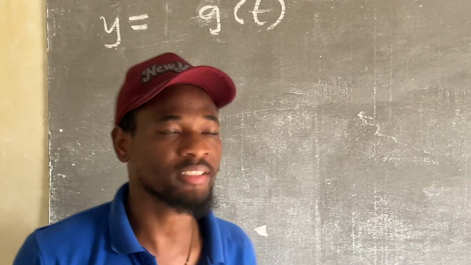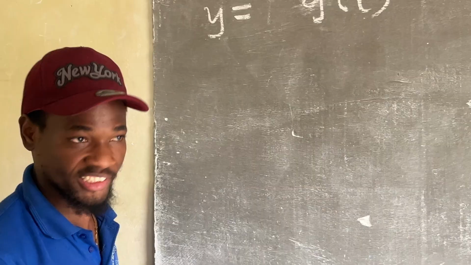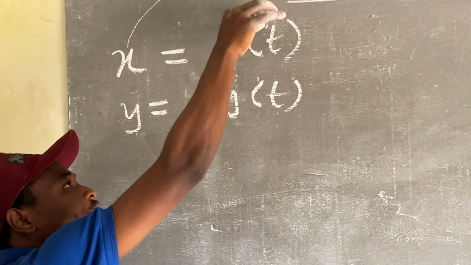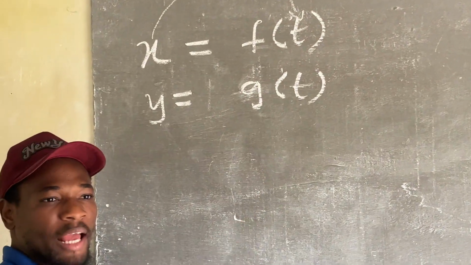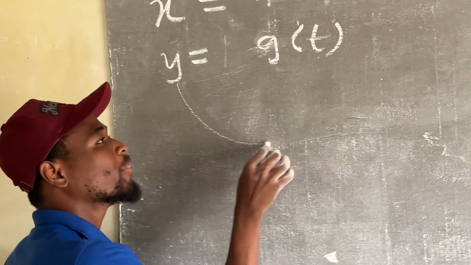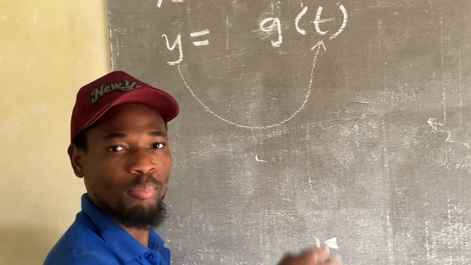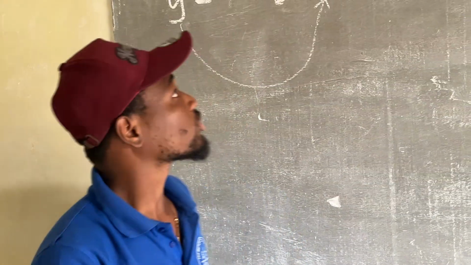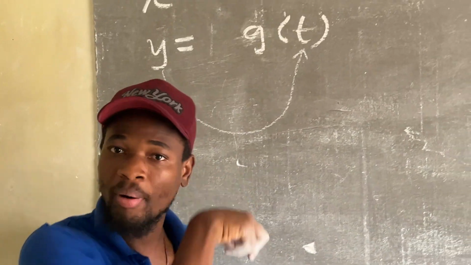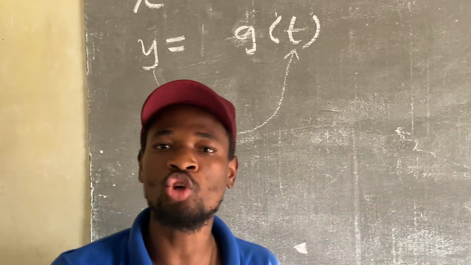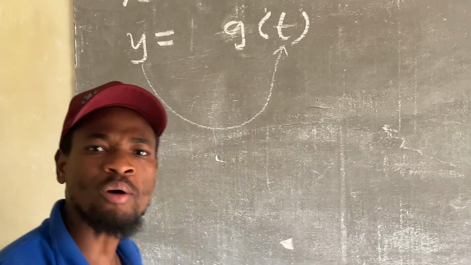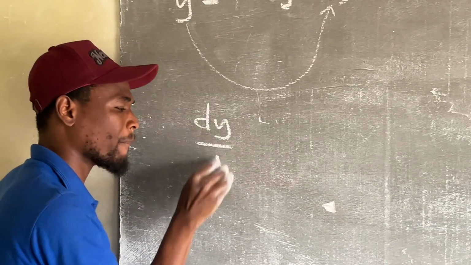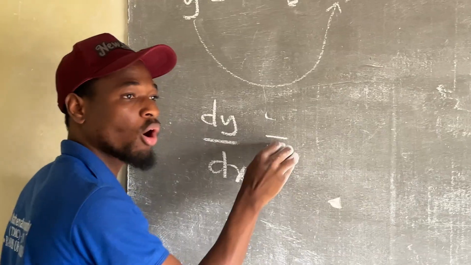So for a parametric equation, we have x depending on a variable t, and at the same time y depending on that same variable. This is what we call parametric. Now let's see how we can differentiate a parametric equation. We normally use the chain rule. The chain rule states that dy over dx is equal to